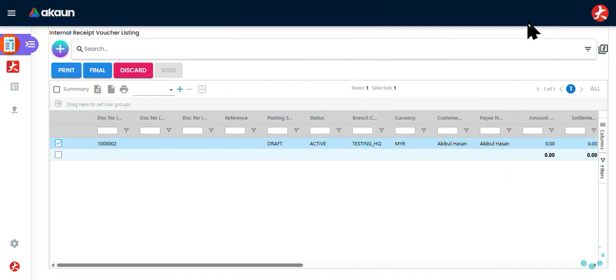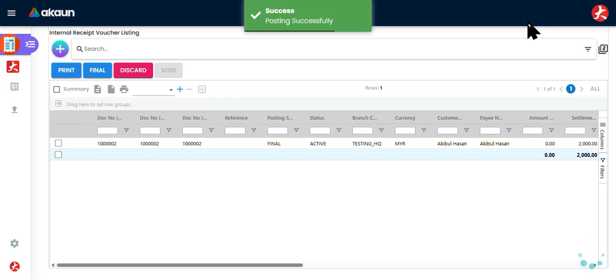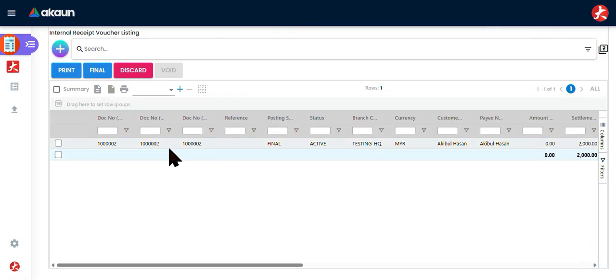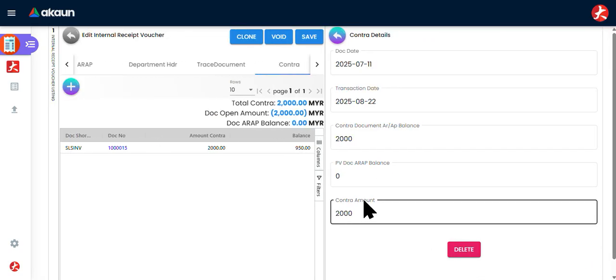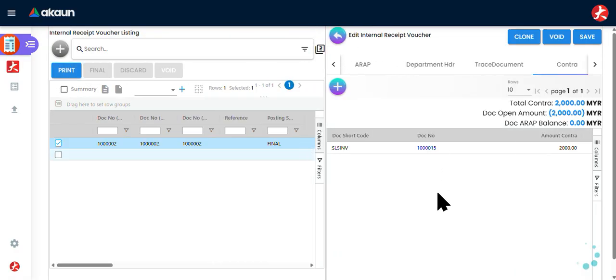So this Contra part, even after final, you still are able to delete the Contra and then offset with another sales invoice if you did it wrongly. So maybe sometimes you receive the amount, but your customer didn't inform you which sales invoice they want to offset. In that case, you can just